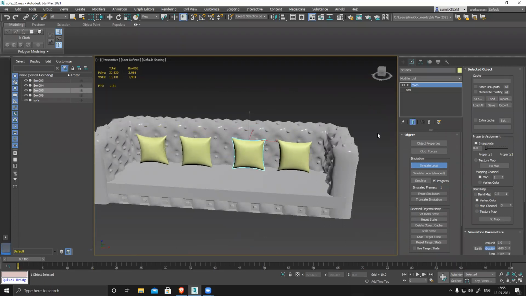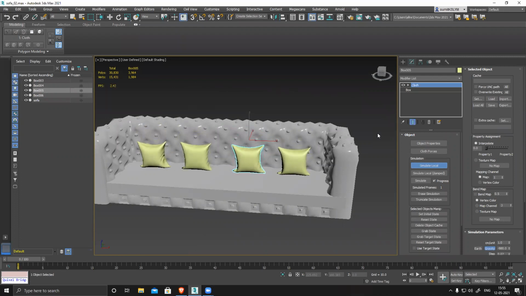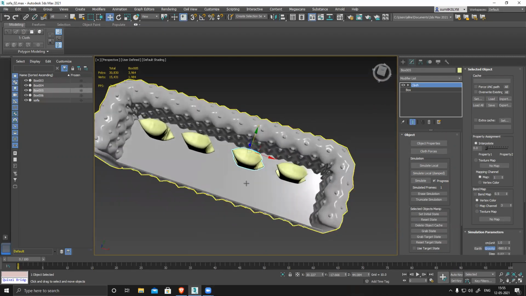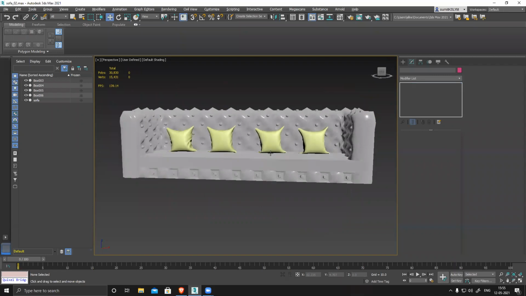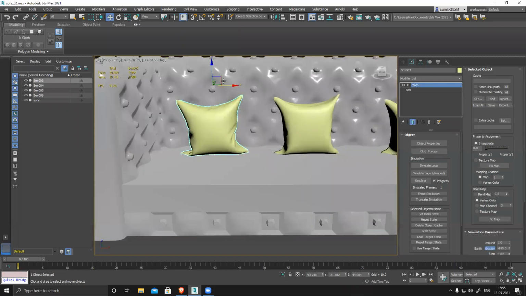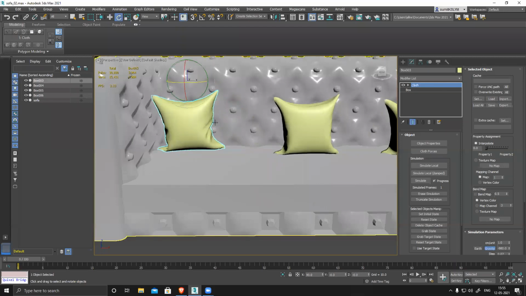Oh, I should have randomized it before. So wherever you want to simulate, before that make sure the alignment and everything is set, then create all those cushions. Once you're done with this, you can simply place it wherever you want.